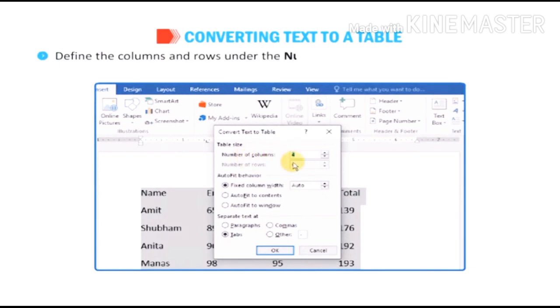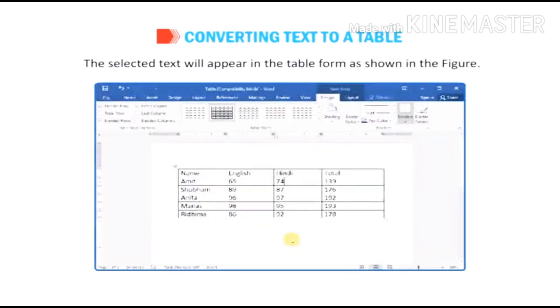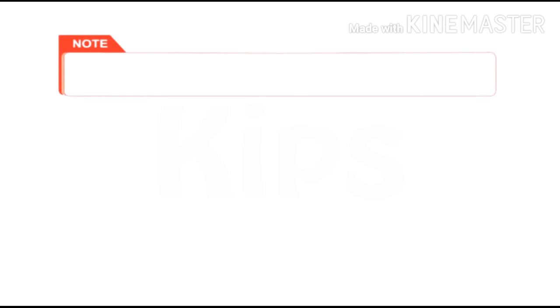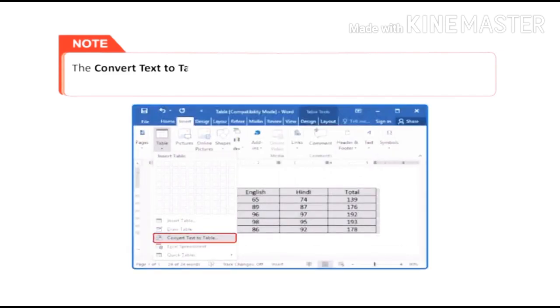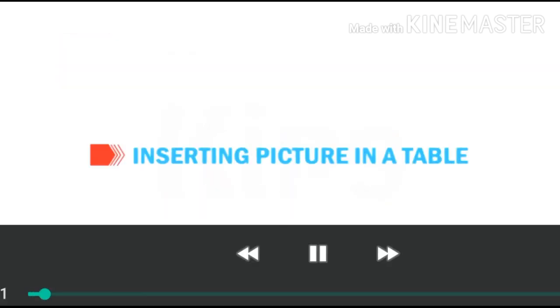Define the number of columns and number of rows respectively. Click OK. The selected text will appear in table form as shown in the figure. Note for you: the Convert Text to Table option gets highlighted in the Table group drop-down menu only.